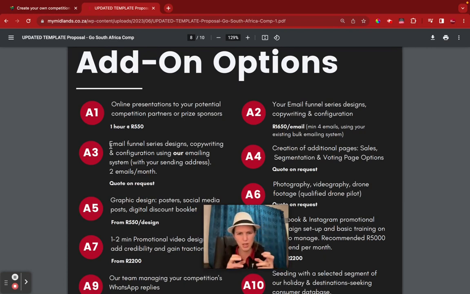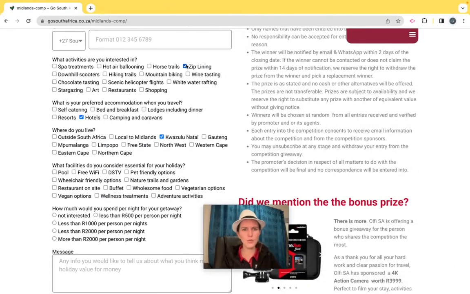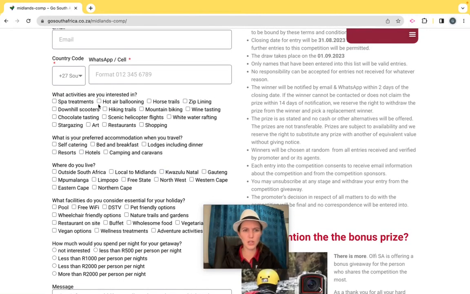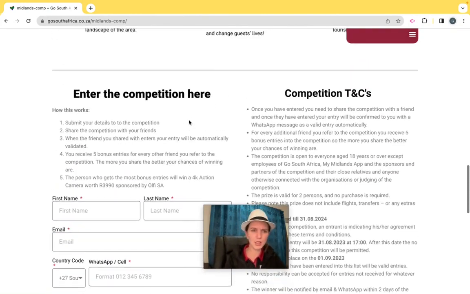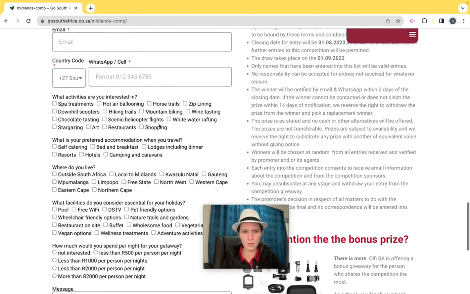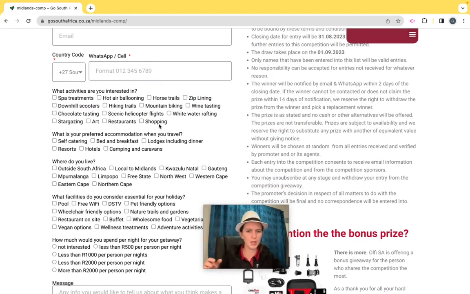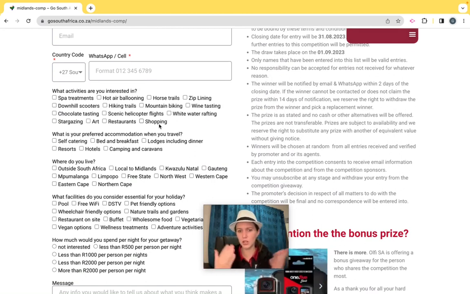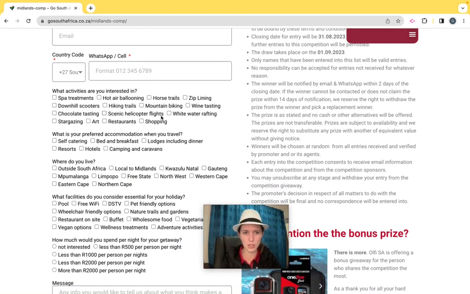So what we can do is carry that weight of the exponential growth of your database and create meaningful segmentation. What do I mean by that? If we talk about segmentation, you see I've got a few things ticked here already from our last presentation. You'll obviously want to gather people's contact information so that we can WhatsApp them and email them about things that they're interested in. And this is exactly what I mean.